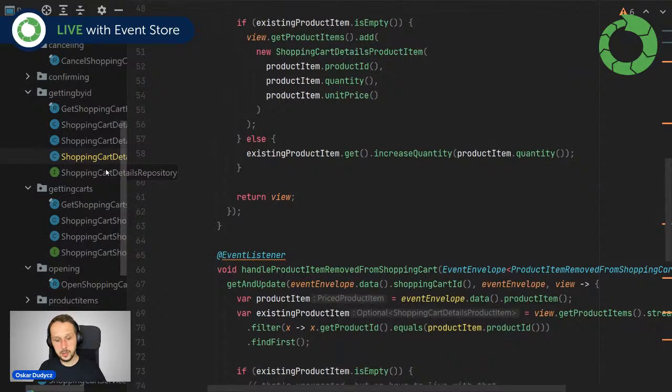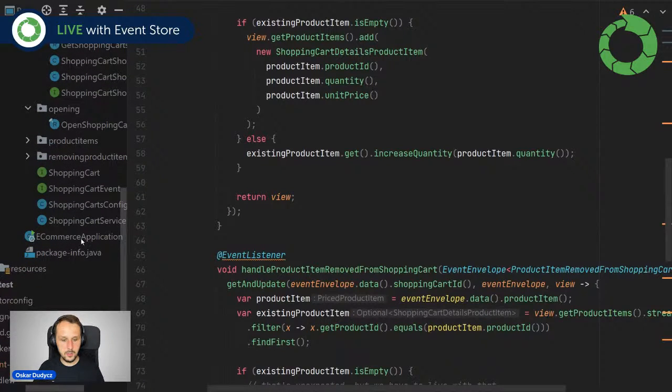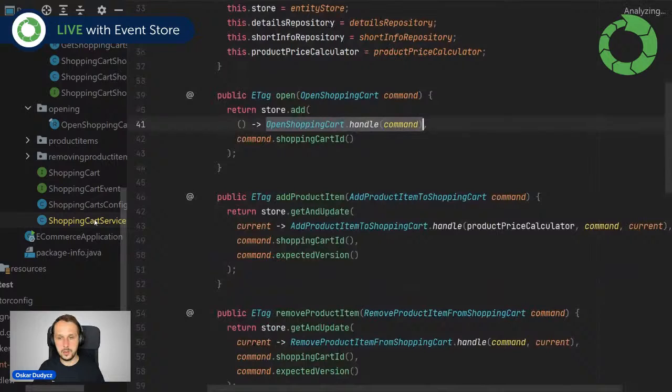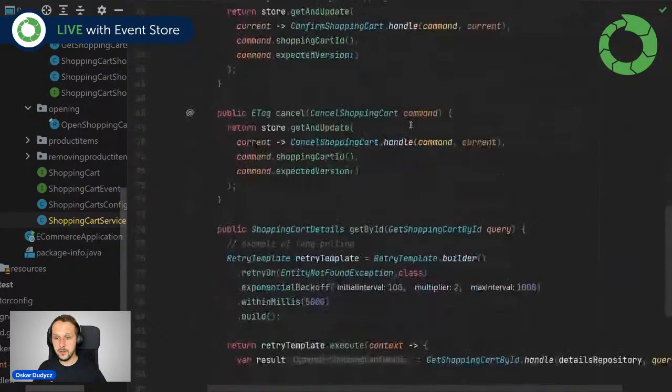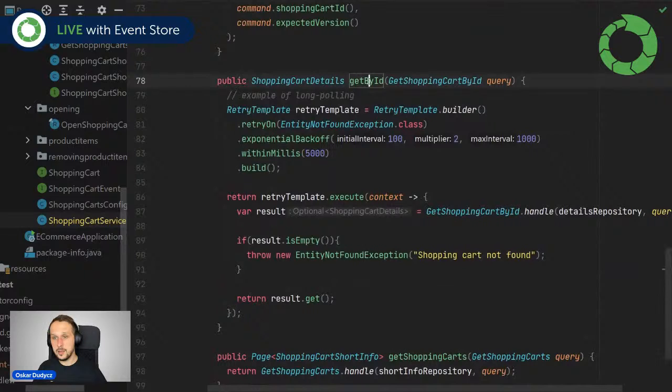So projections, again, are just interpreting some events, creating new interpretation, for example, materialized view that we can store in database and integrate in the same way as we would do normally. So if we get back to our shopping cart service, then see for getting by ID to show the details,